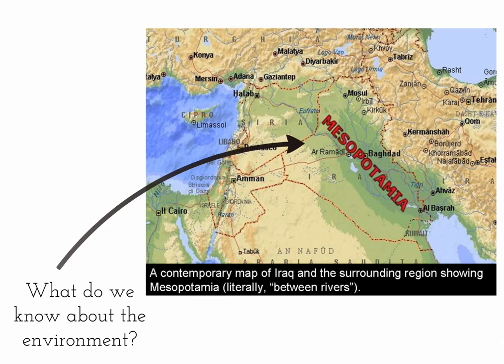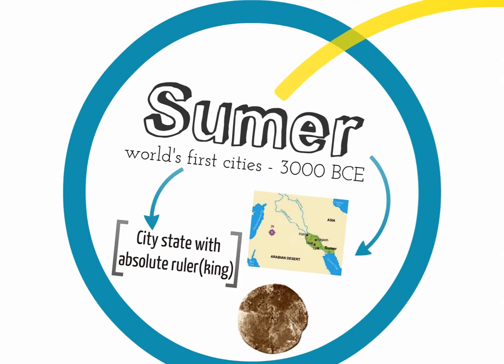So the environment here is very fertile. When you're thinking about the PIECES guide, E is for environment, and we know that it's a very fertile area. This is where we're talking about geography for Mesopotamia. Now, one of the first cities was Sumer. These are all city-states, so it's not like they're really an empire quite yet. They're almost like little countries, but they're really just cities. They're not that big. So Sumer was one of the world's first cities around 3000 BCE, and you can see